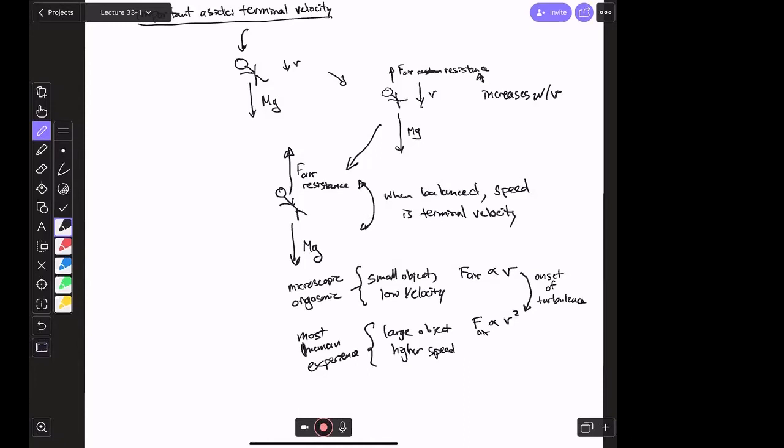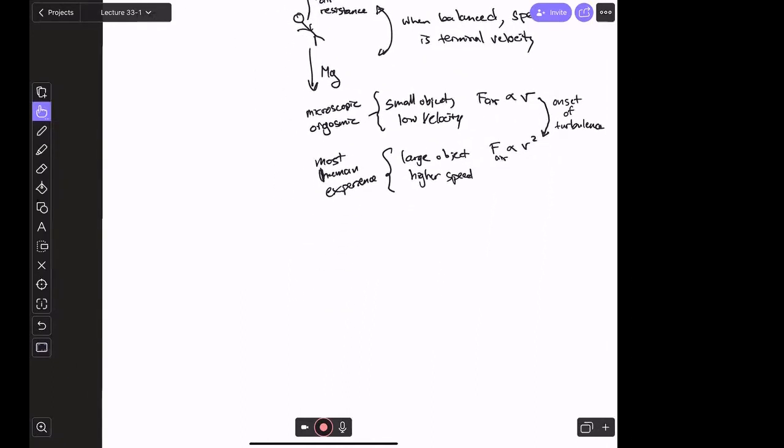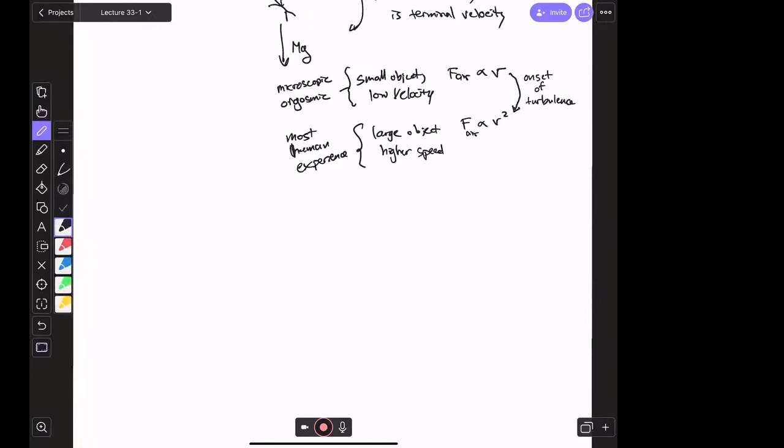Okay. So let's think about what this feels like when you jump out of an airplane. First, I want to consider the way things feel when you're just standing on the ground. Standing on the ground, of course, you've got the force of gravity working downward on you, and the normal force is canceling that out. It's of equal